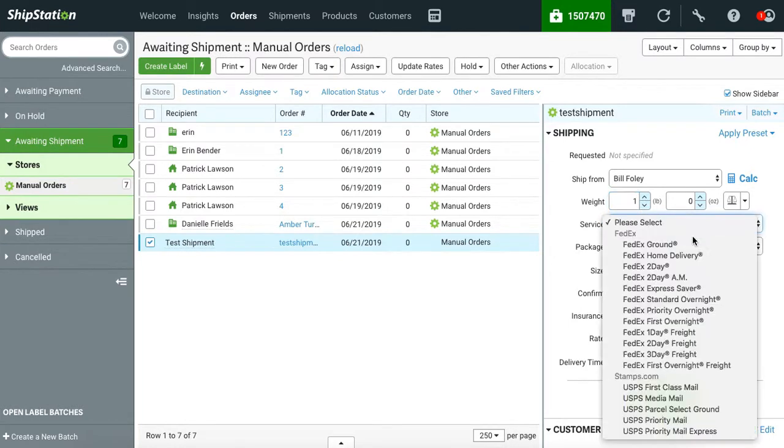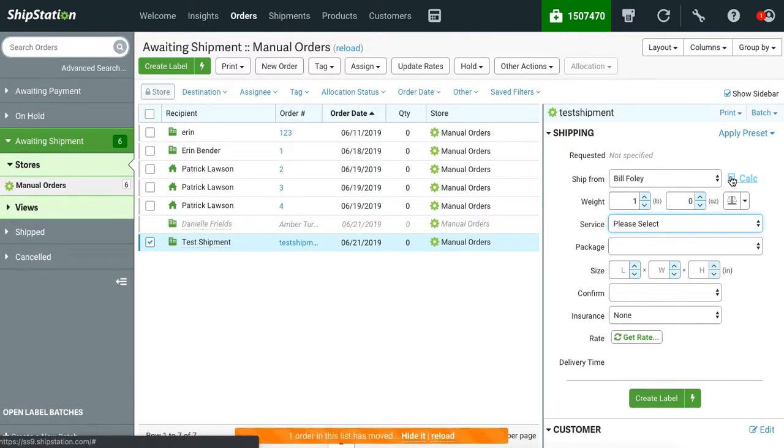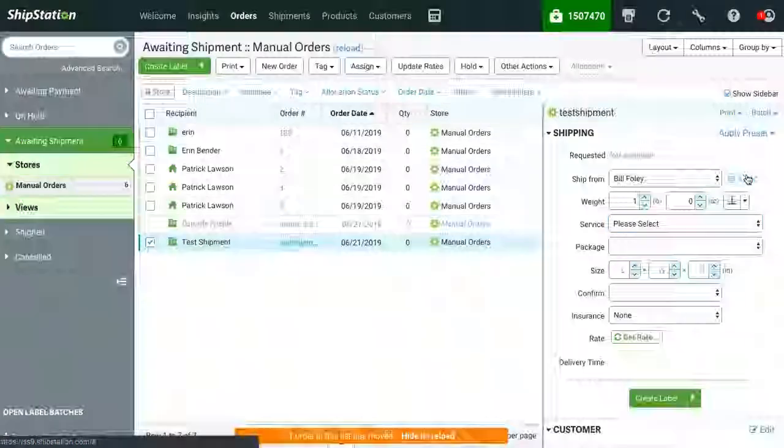Now there is a service drop-down, so if you know exactly how you want to ship it, you're just going to pick that from this drop-down. But we do also offer a rate calculator tool. This is going to be great for you guys because you're able to compare pricing between FedEx and USPS, and then also service levels. So for instance, I'm going to click on this calculator icon,